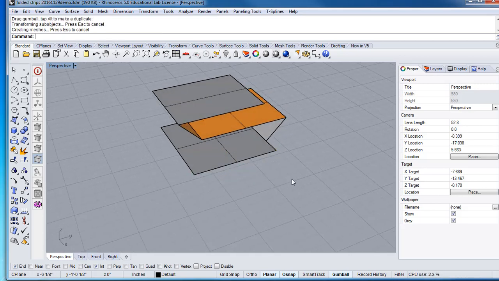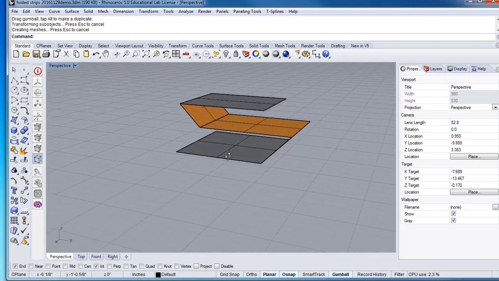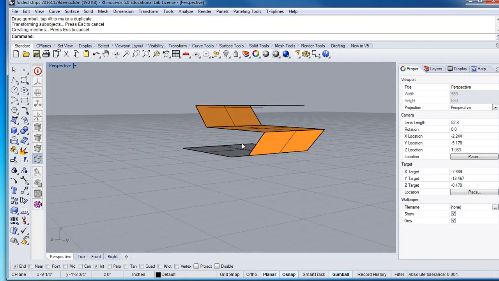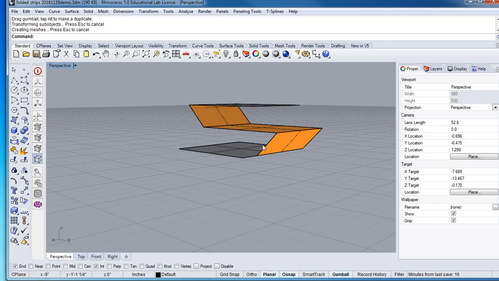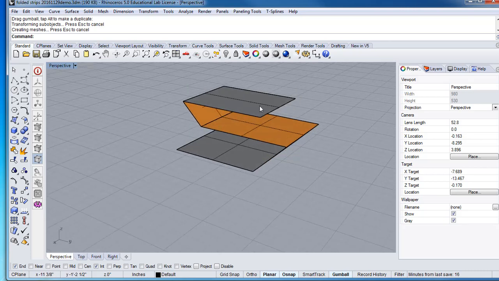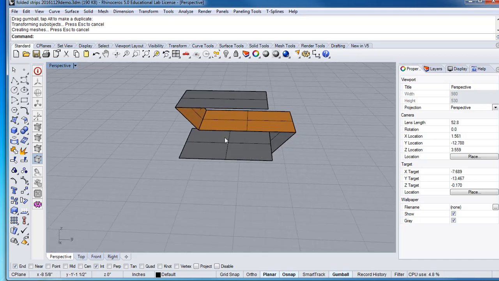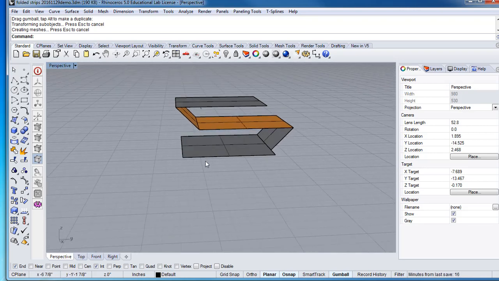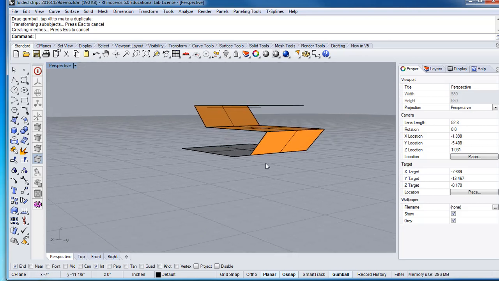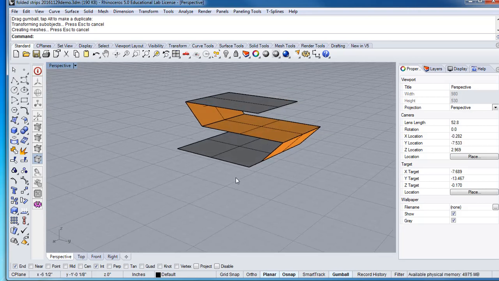Alright, once that has been done, you have this odd little scheme right here where this folding plane or ribbon comes out here, down here, down here, down over here, and then comes out this way. Okay, so that's one way to start to continue the ribbon. However, if we wanted this edge to come right to this point,